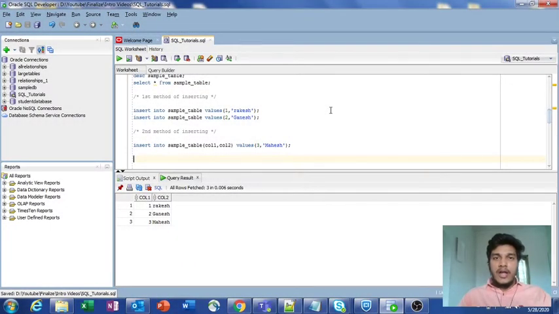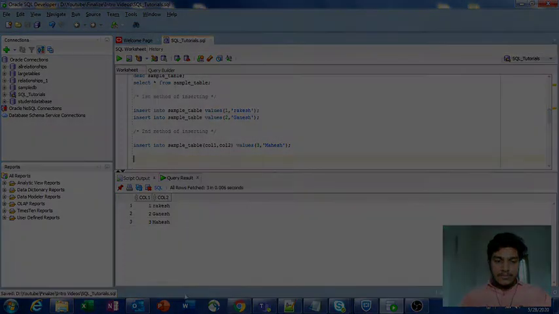In today's video, I am going to explain how to delete values, like how to delete records from a table. Till now we have seen how to insert data into a table. Suppose you don't want particular records which satisfy some basic condition, then you can delete those particular rows. How to do that I am going to explain in this video. Now, without wasting any time, let's dive into the topic.